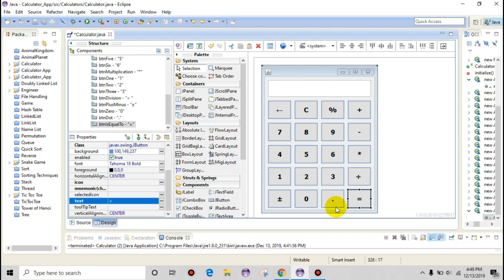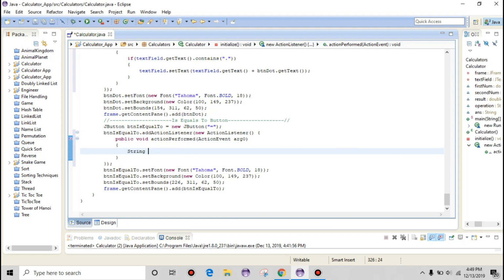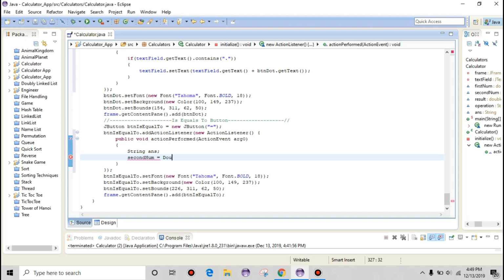So we will go into the design, double click on is equal to, and the code would be generated here. We will create a variable ans of the type string, and then we will write second num. This is the variable that we have globally created earlier. We will just convert it from string into double. So we will write double